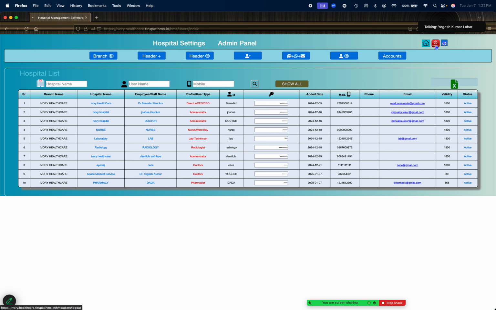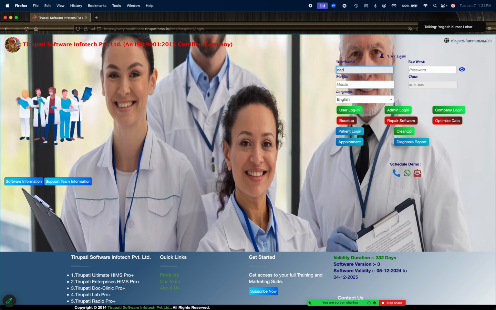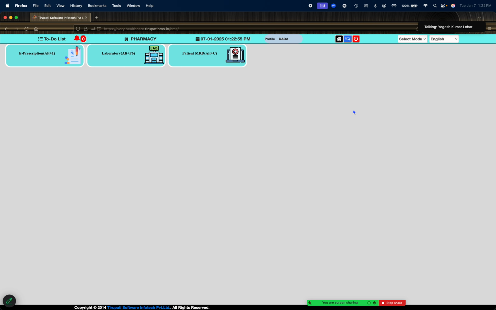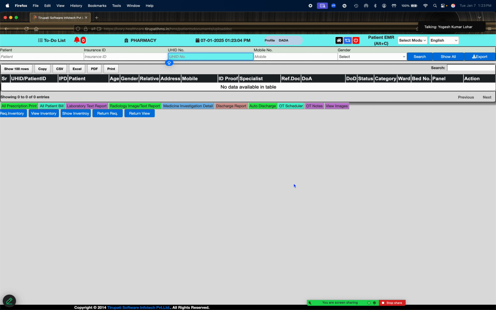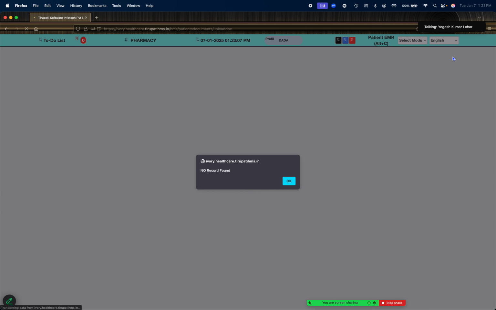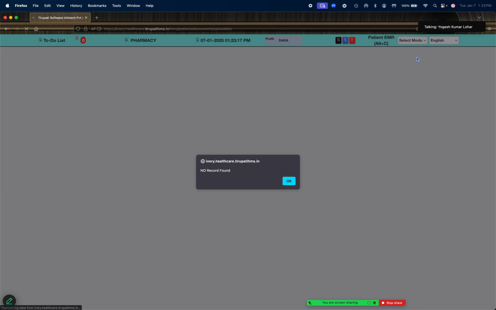Okay, now we log out from the system and go to the login account DADA to see what modules we have allocated to that user. So here he can see the respective records which we have allowed, permission granted. Under the patient MRD section, there is no patient record in this referral account. If I wanted to see the Yogesh record and search, I am not able to see the record.